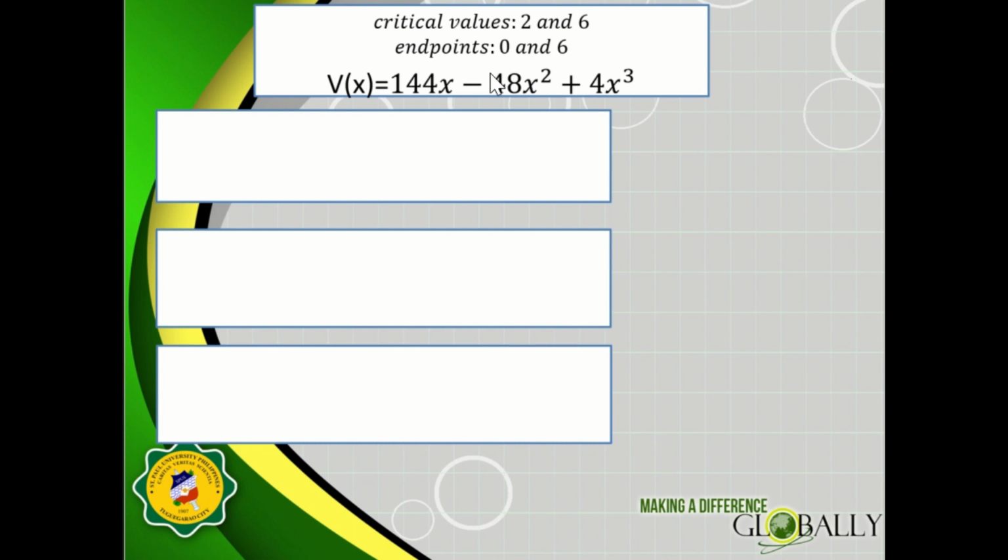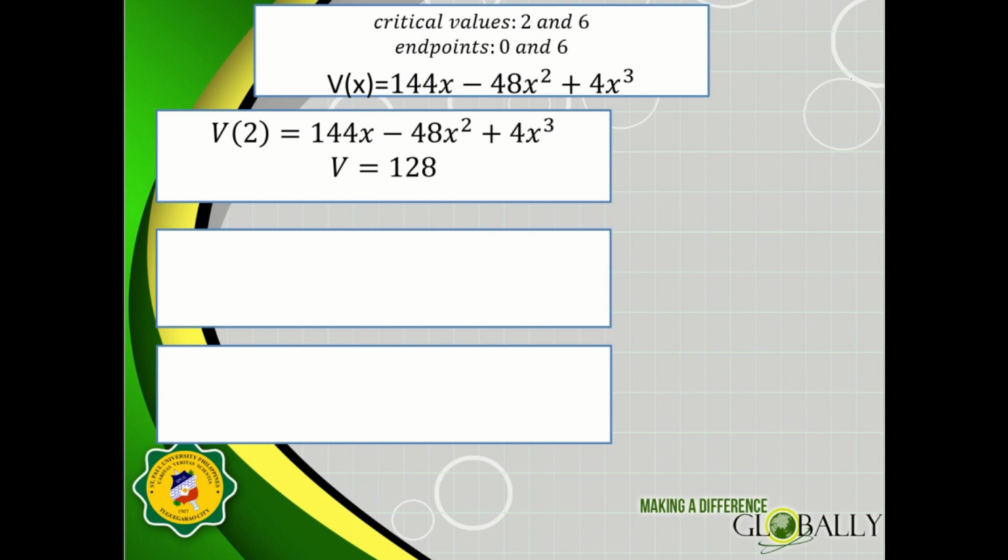What if the value of x is 2? For 144x minus 48x squared plus 4x cubed, let's change x into 2, and this will give us